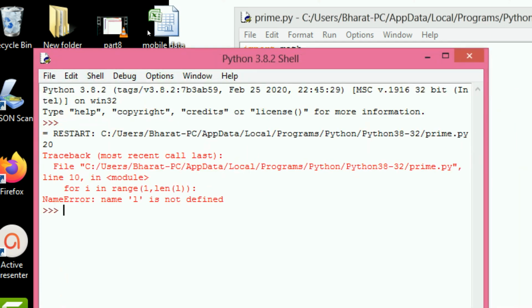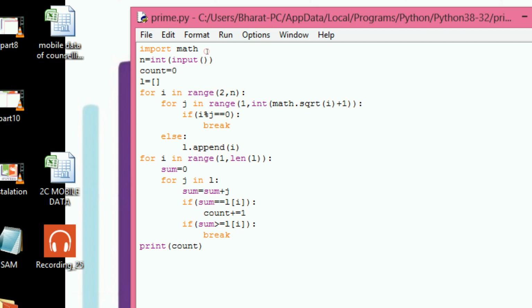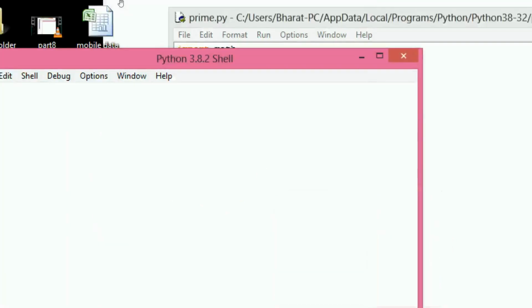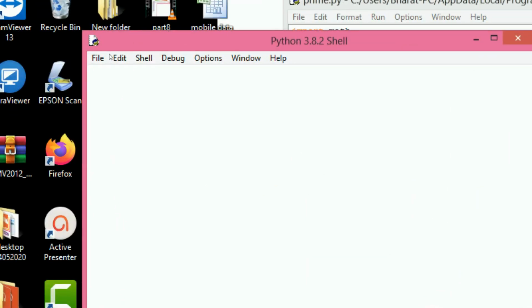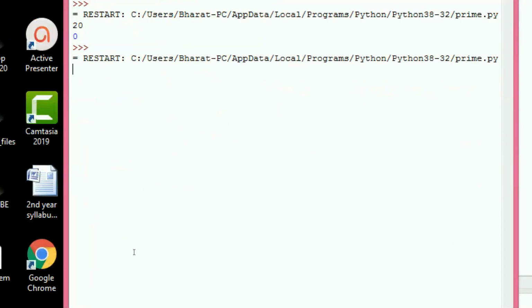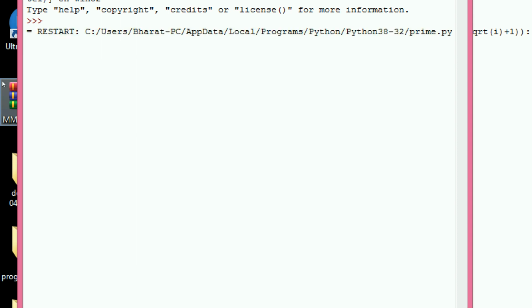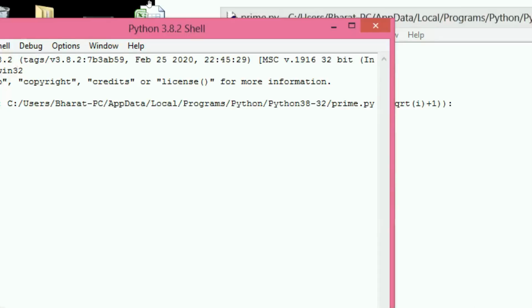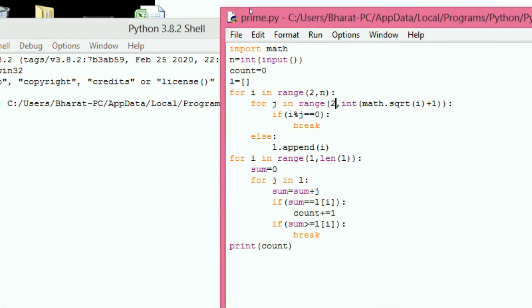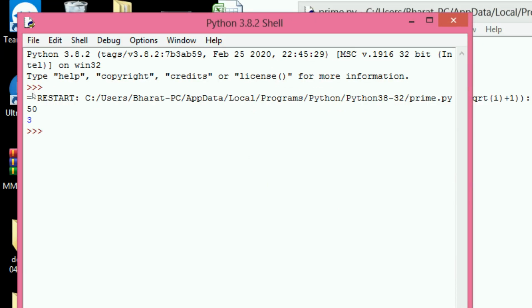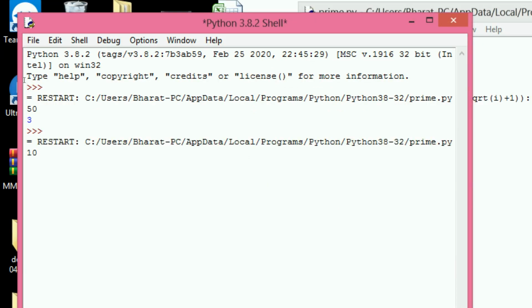Then another input, 53, and you can execute another time. So for 10 it returns 1. Yes.